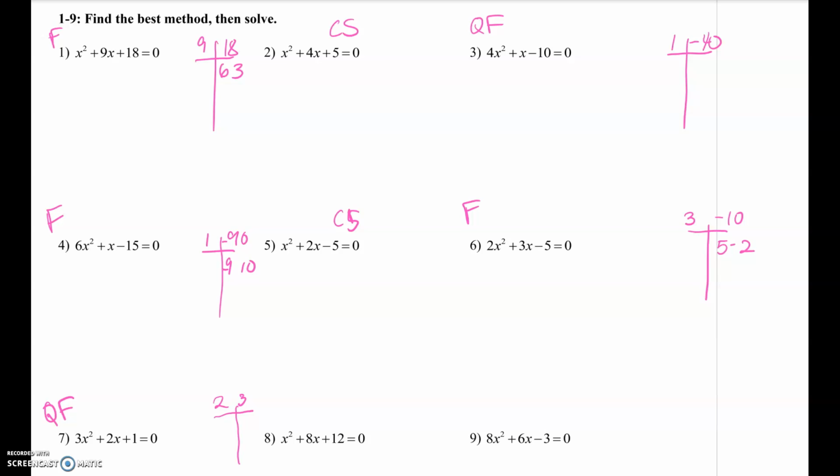With number 8, I think I'm just going to complete the square. And then number 9, I will probably want to use a quadratic formula. Let's test. I've got negative 24 and 6. So it hasn't come to me right away. I've got 1 and 24, 2 and 12, 3 and 8, and 4 and 6. And I don't see any of those adding to